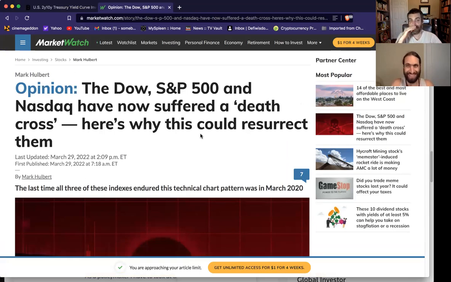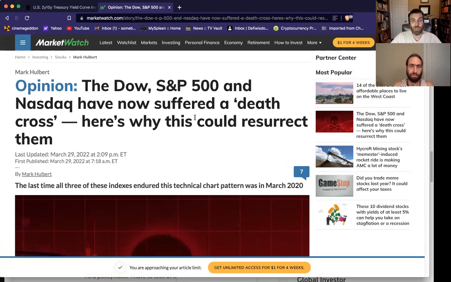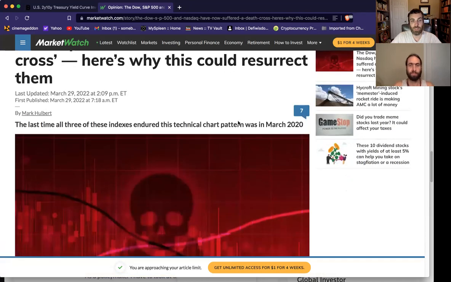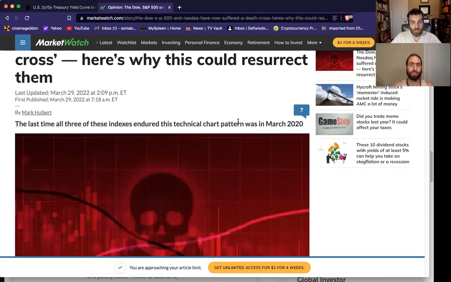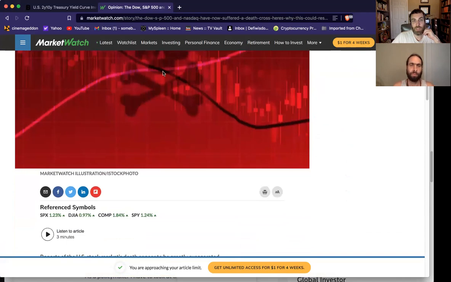Right. So here's the next story that goes along with the same theme. Along with the yield curve inverting, we're also getting a death cross in the Dow, the S&P 500, and in the Nasdaq. What that means is that when you're looking at moving averages, usually you use more than one moving average, and it's the relationship between shorter and longer dated moving averages that are the key technicals. So you're looking for one to cross over or below the other to tell you what the trend is. And a death cross is when the shorter moving average crosses below the longer moving average,